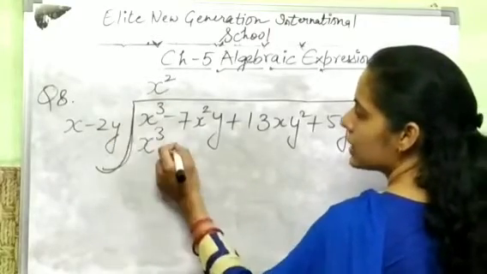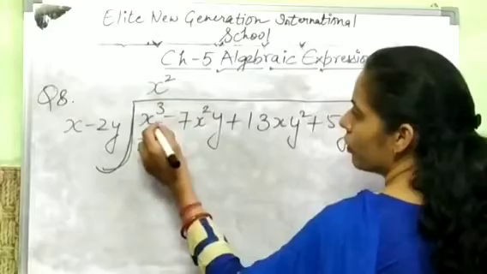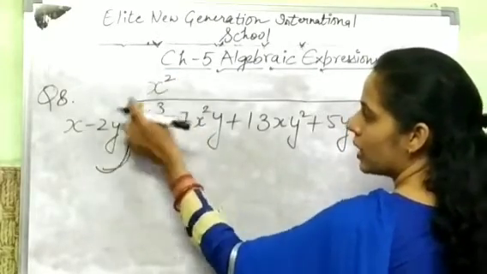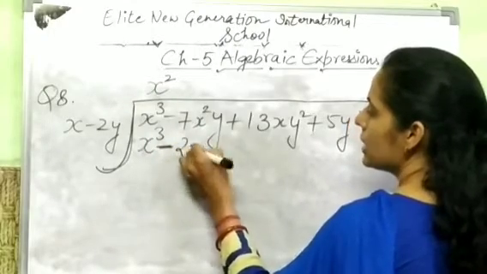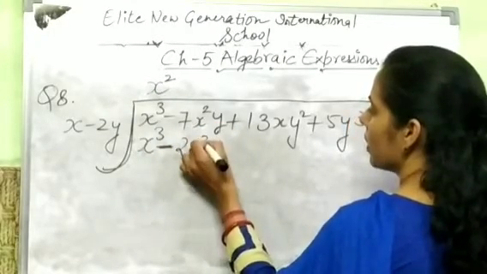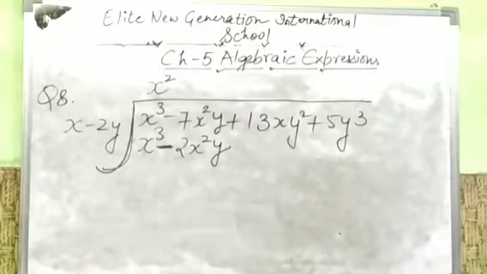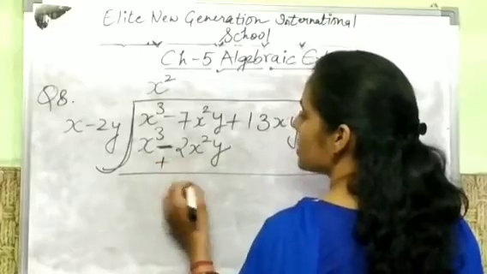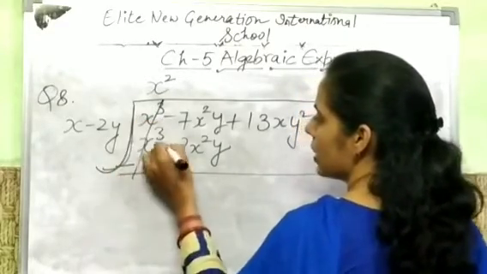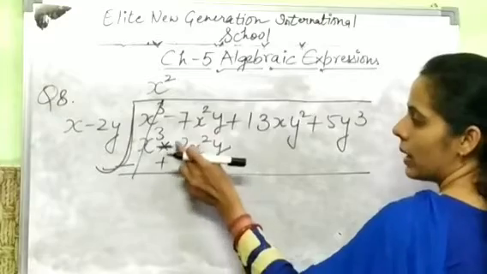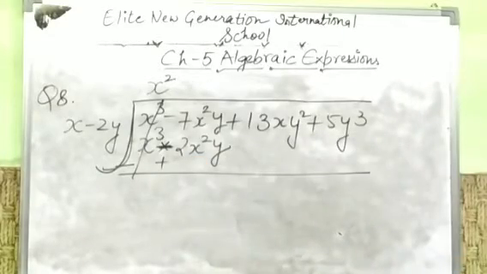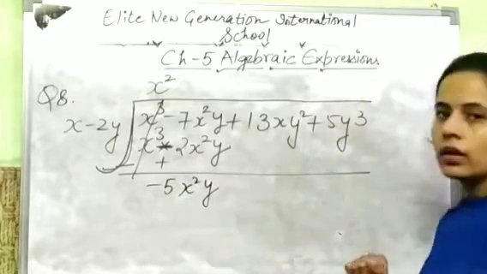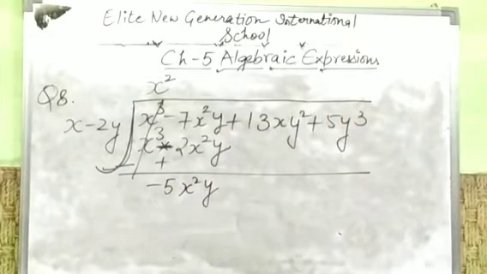Okay, now minus sign, so minus. From this side we will get here 2x square y, because we are multiplying, and write it below the like term, and this is the like term. Now subtract. Next step is subtraction. So it becomes positive, it becomes negative. Cancel out. Minus 7 and plus 2. Minus 7 plus 2 means we get here minus 5x square y. Okay. You can just do the calculation mentally.